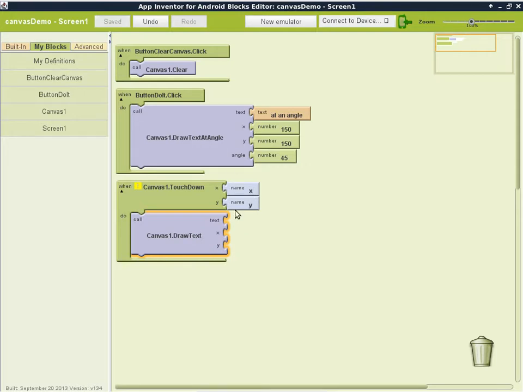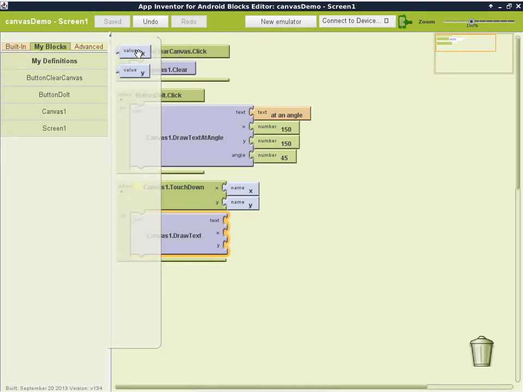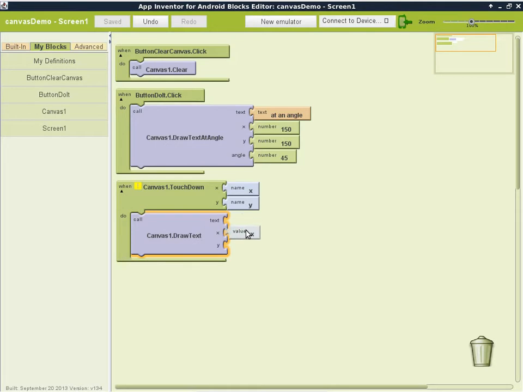I mean, I can just drag and drop the name. No, that's not the way to do it, because the name block is really just to define the name associated with that socket. You cannot drag that one around to refer to the value of the argument. If you want to refer to the value of an argument, you have to go to the My Blocks tab, go to My Definitions, and then drag and drop these two instead, because now you're referring to the value of the argument and not the name of the argument. So now I will just drag and drop these two